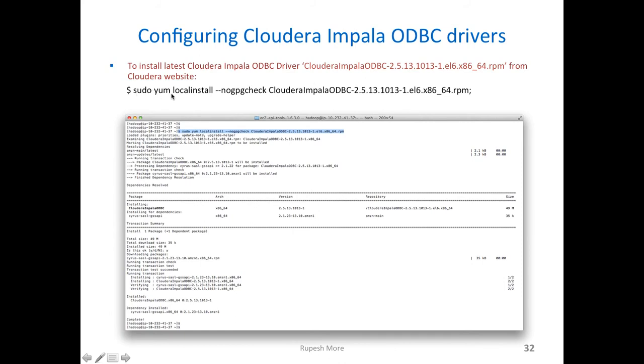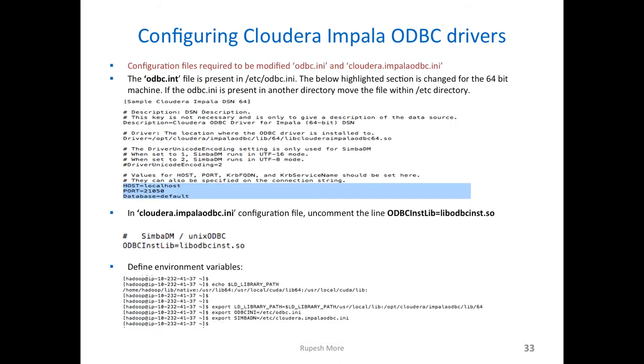So this is the command using yum. After this is installed, the Cloudera ODBC driver is installed. We can then use the configuration files which are required to be modified. So the configuration files are odbc.ini and cloudera.impalaodbc.ini. So you have to put the file in the appropriate location in order to connect to R